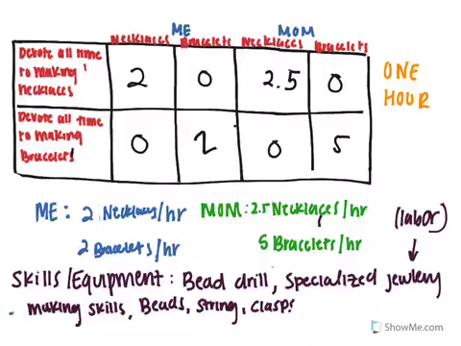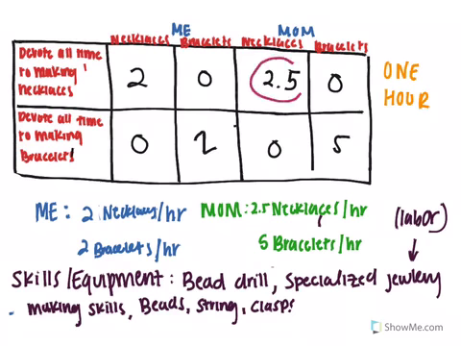Okay, so today we are going to be talking about the production possibilities frontier, and we're going to start out with two products, necklaces and bracelets, and with my mom and me. So basically in 1 hour, if I devoted all my time and resources to making necklaces, I could make 2 necklaces, right? But then, if my mother devoted all of her time to making necklaces, in 1 hour she could